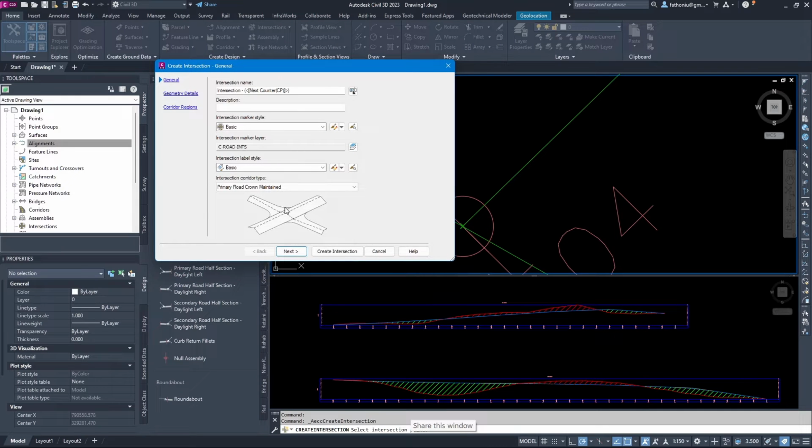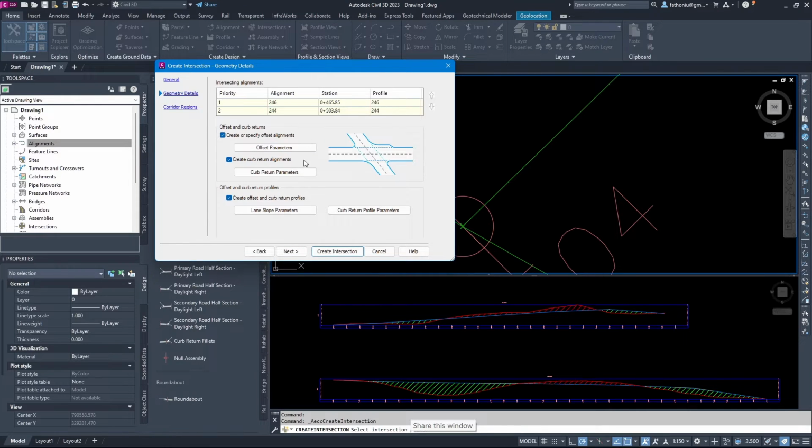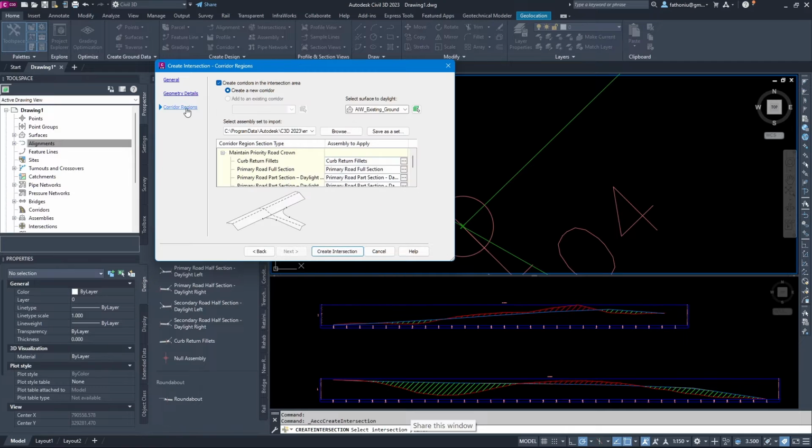Like this. Intersection marker, basic. Intersection label, use basic. Geometry detail, no need to worry about this one. Just directly we go to create intersection or corridor region. You can see here the primary road full section, still using this.